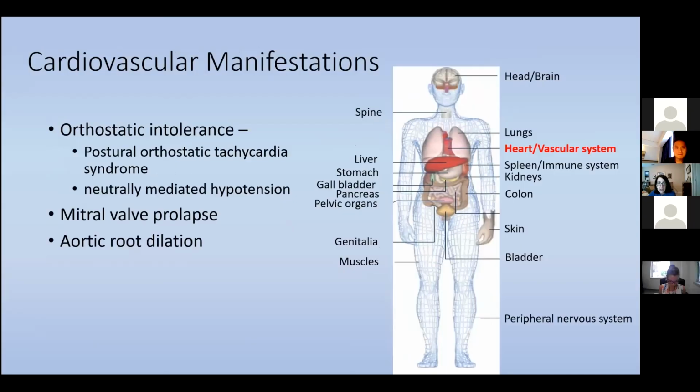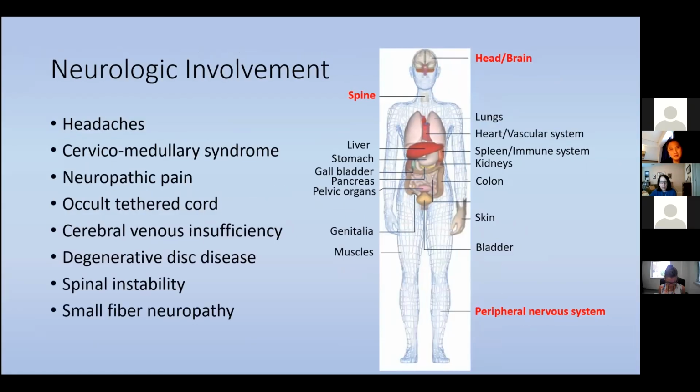Cardiovascular manifestations: this audience needs no introduction to orthostatic intolerance, but we also see mitral valve prolapse and the aortic root dilatation I mentioned earlier. Neurologic involvement can include headaches, the cervicomedullary syndrome, and I'll say a little bit more about that in a minute, neuropathic pain, occult tethered cord, cerebral venous insufficiency, degenerative disc disease, spinal instability, and small fiber